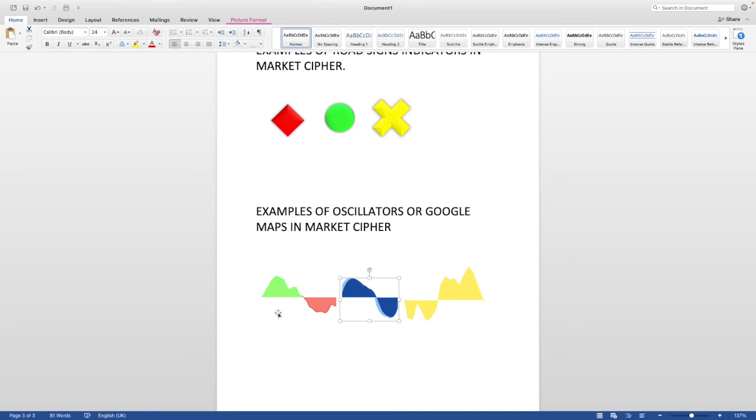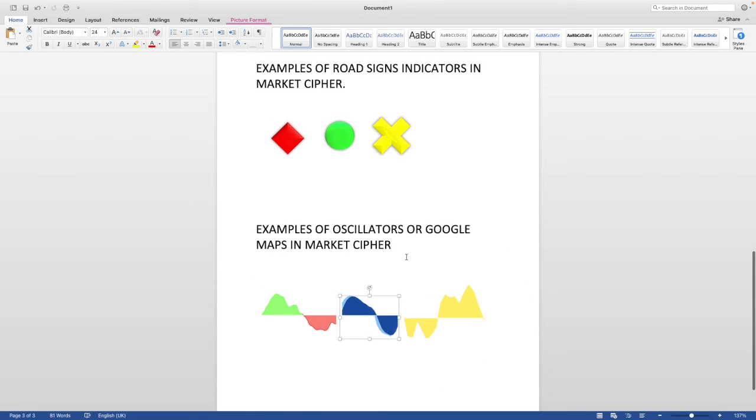You understand? Price is not going up just because you saw road signs. Making the journey is not about the road signs per se. Price literally responds hugely based on the very direction of these oscillators, and that's how Market Cipher works. It gives you insight, and these are the insight: money flow, momentum and VWAP. Once you have these things moving in the same direction, price responds hugely, and you can use this as your supplementary